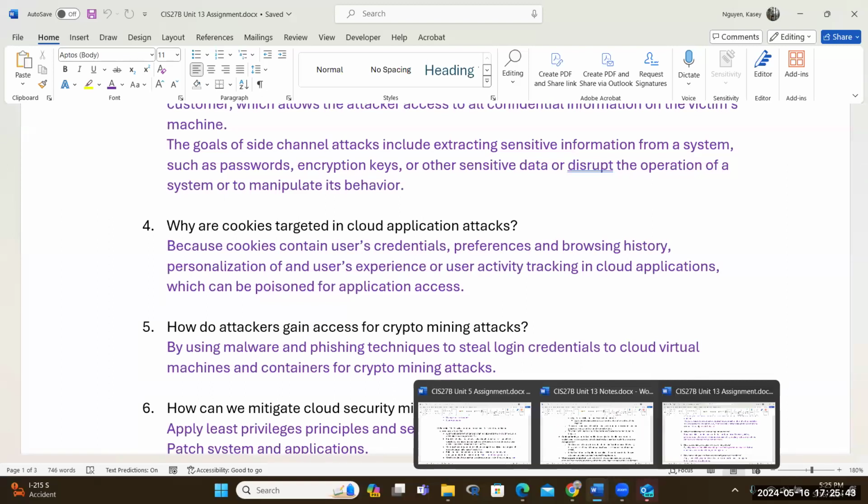Any questions? And you can find all of this information in the notes. You can summarize it, but